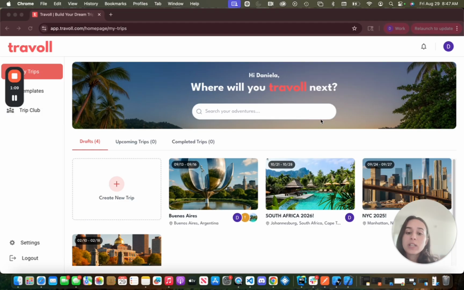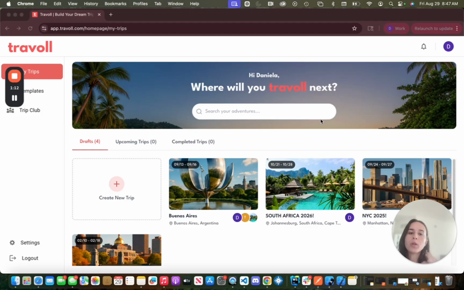So essentially, Travoll changes all of that, and it's an all-in-one visual mind map for your itinerary. Everything's laid out visually, so it's really easy to see how each piece of the trip fits together on this big canvas. I was a whiteboard person in college, where whenever I had an exam, I would lay out everything with a marker and magnets, because I'm definitely a very big mind map person. So if you're a mind map person, you're gonna love Travoll.